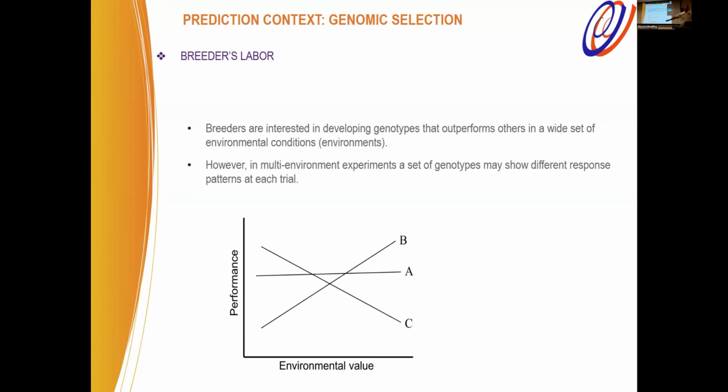So this is a graphical representation with only 3 genotypes, where one genotype is doing well in one environmental condition and badly in the other. And you have the opposite behavior for the other genotype. And you have a genotype that is stable, right? But it's never the best. So in this case, it's very difficult to pick the best one. So we have this kind of behavior. We call it genotype by environment interaction.